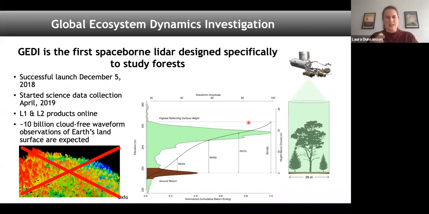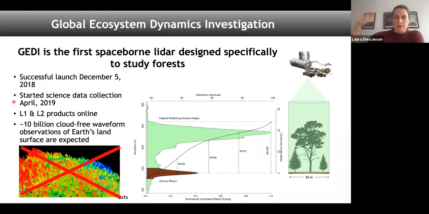So you're not going to be able to see individual trees, but you get that trade-off between the spatial detail you would see in airborne LiDAR and the spatial coverage you get from GEDI, because of course, GEDI being a satellite instrument is giving you data at a near global scale. I say near global because the ISS does not go over the poles, but I'll talk about that in a few slides. So as I said, we launched GEDI back in December of 2018. So we're about 2 years into the mission at this point.